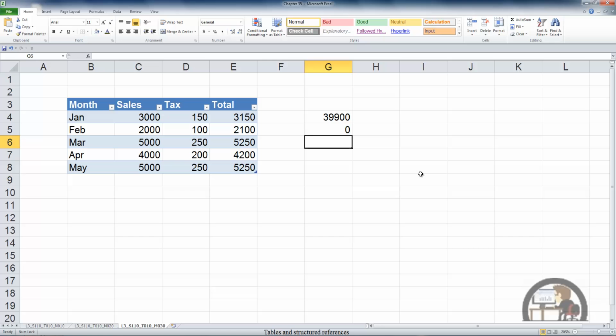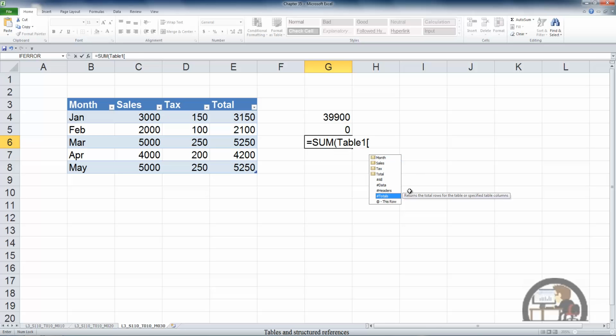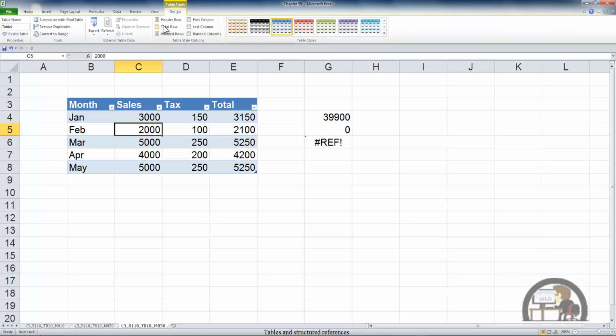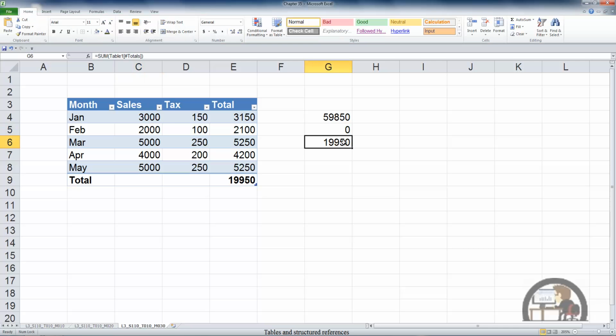I'm going to escape out of that and arrow down and put another sum function referencing our table and choosing totals, closing the bracket, closing the parentheses. In this case, we don't have totals, but we could put them in there. The totals that are being referred to is the total row. Well, I have a total row now, and if I toggle it off, I'll get the error message back in our formula. Toggling it back on, I get the result that you would expect, which is the total for the